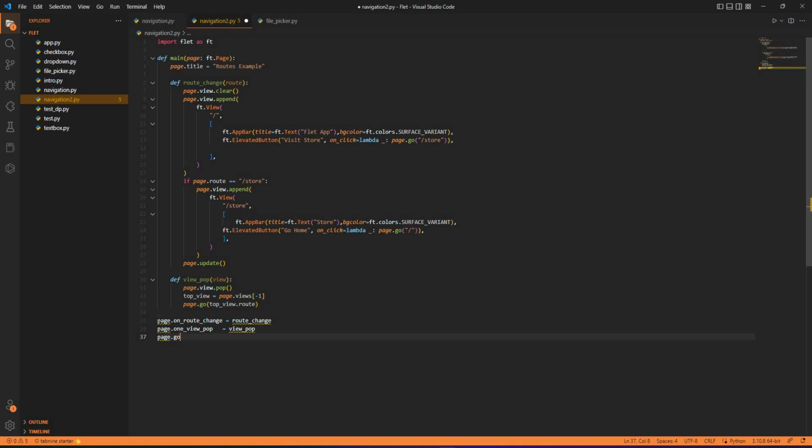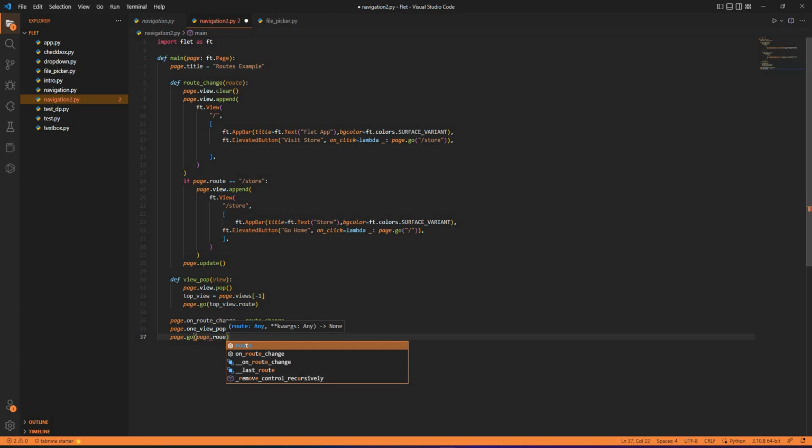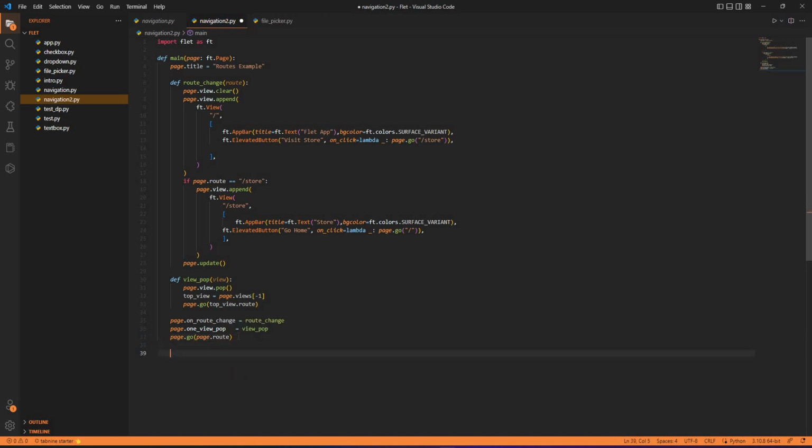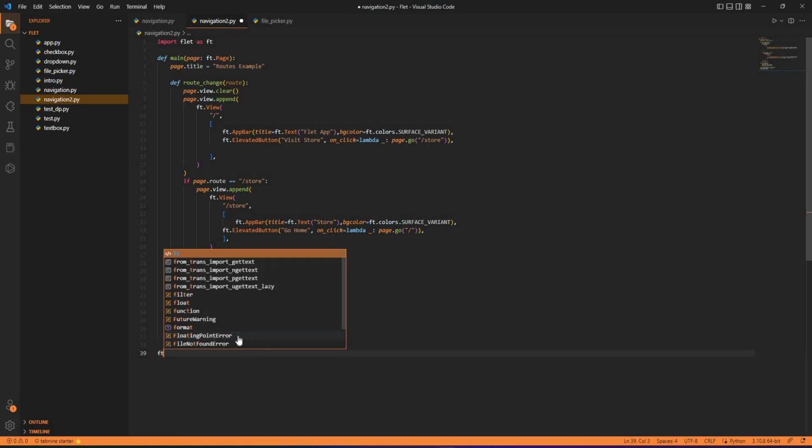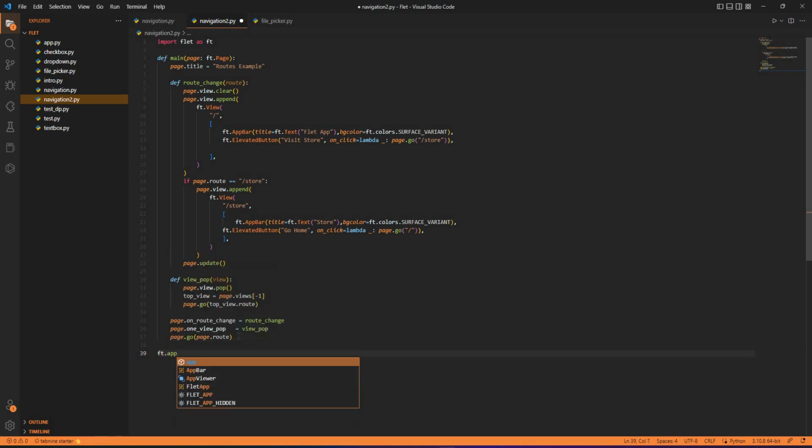So this has to be not outside the main function, this has to be here. Once this is done, it is all inside the main function itself. And then we have page.route. Once everything is in place, we end the application as ft.app. Then the target is equal to main, and